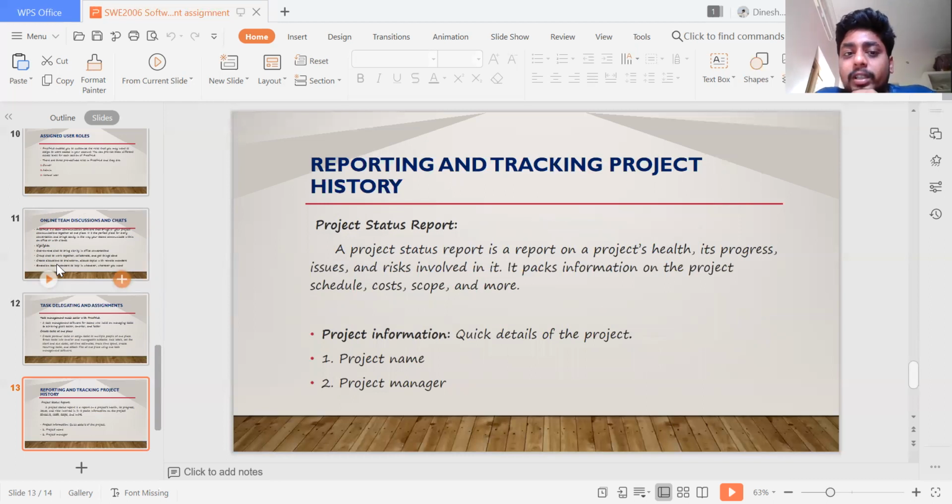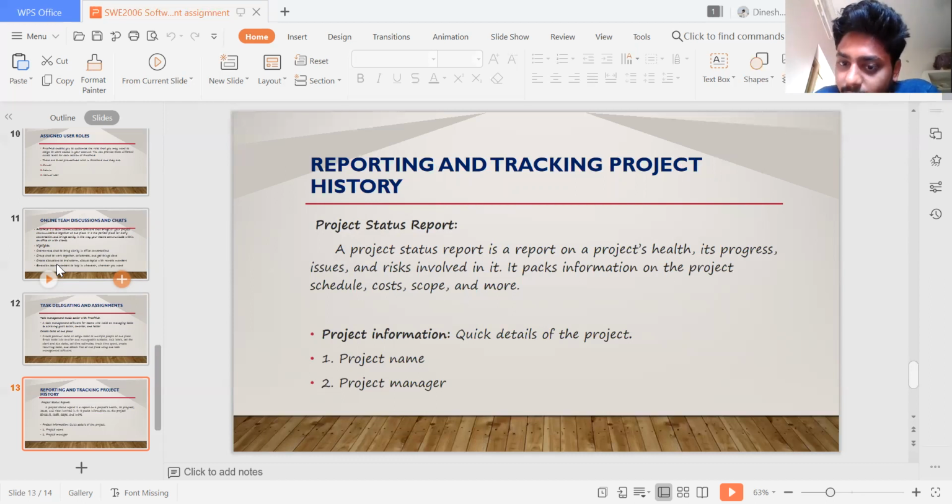Reporting and tracking projects. This one is very important. Project status reports cover project health, progress, issues, and risks involved. They pack information on the project schedule, cost, scope, and more.